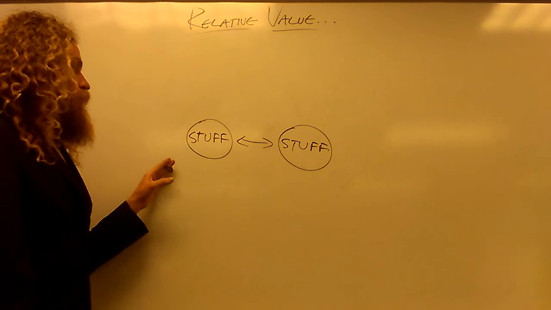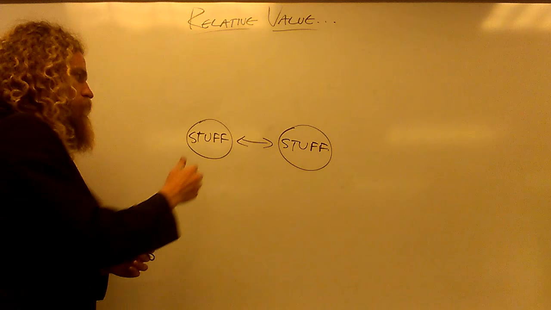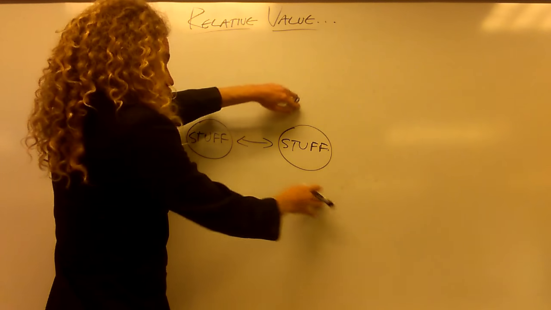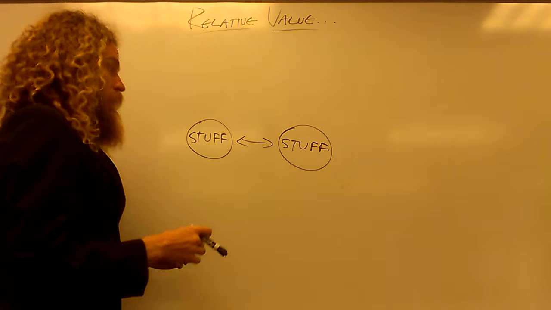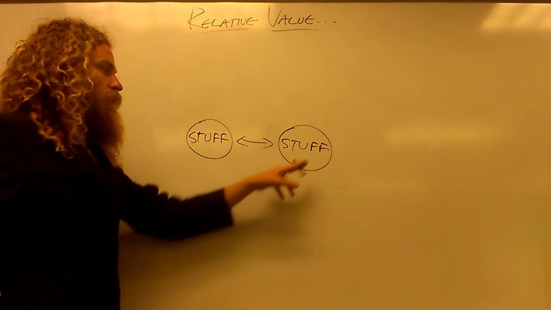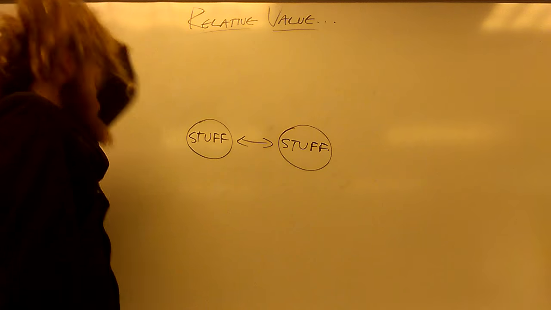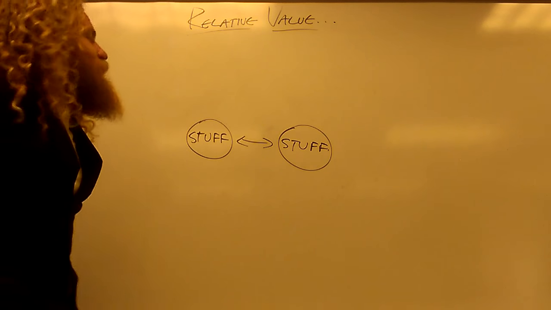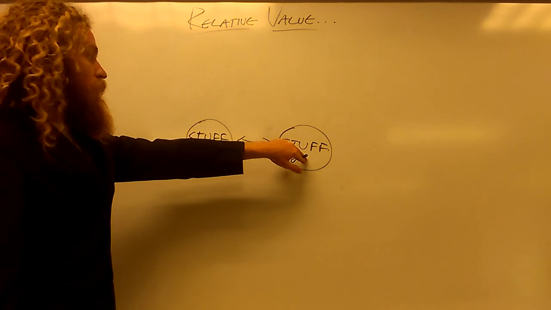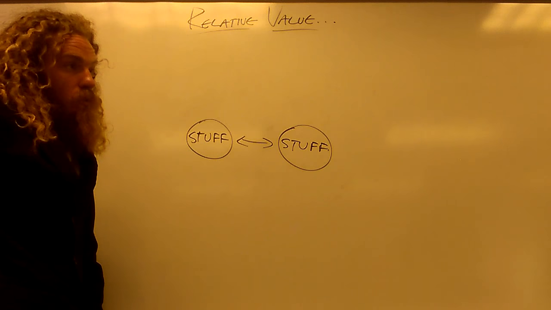Either way. So if we're in a barter system, there's going to still be a certain amount of people that have something, and a certain amount of people that have something else that want that something, and a certain amount of people that have that something that want what this guy has. Does that make sense? I don't know if that makes sense, but you know what I'm saying? So a certain amount of people that have this stuff that wants this stuff, and thus there's going to be the same type of